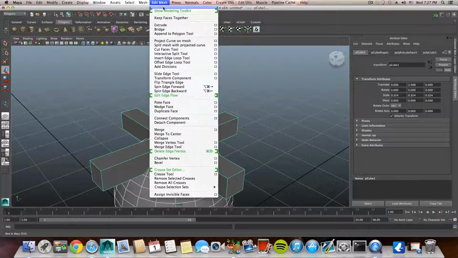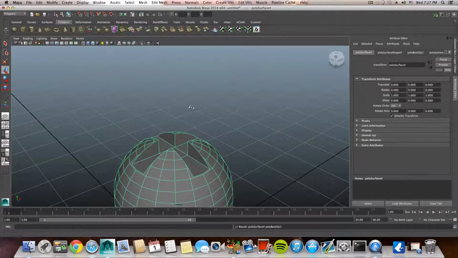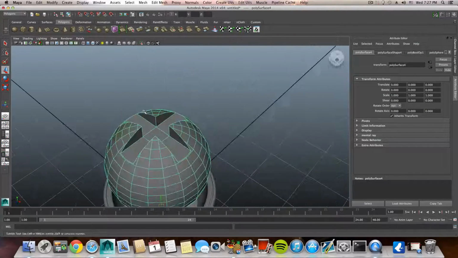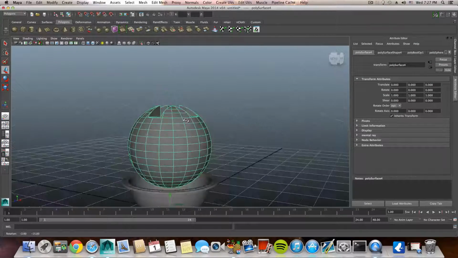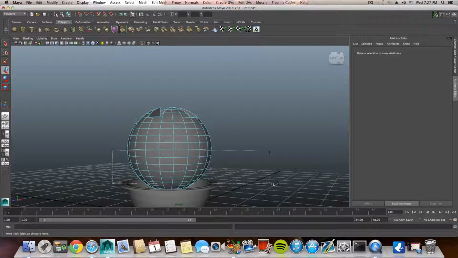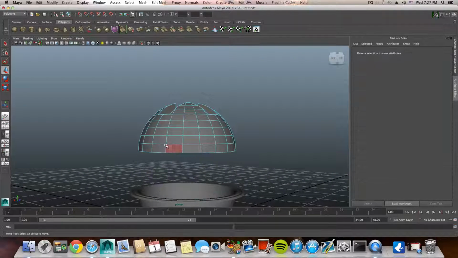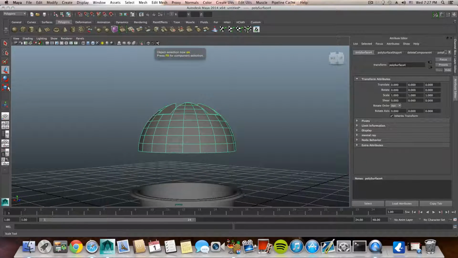Oh, first make sure that keep faces together is turned on right now, and go over mesh, booleans, and difference. So it will create something like a screw hole, okay? Right click on the sphere, choose face. Let's delete these faces here. Press delete, F8, and let's